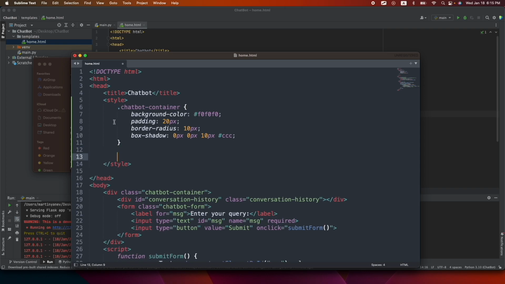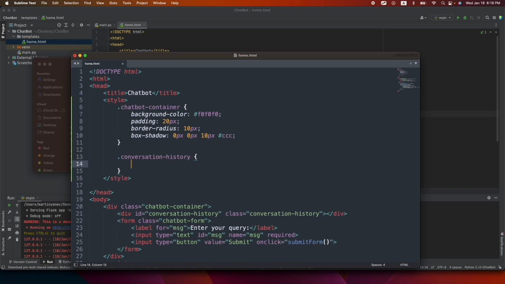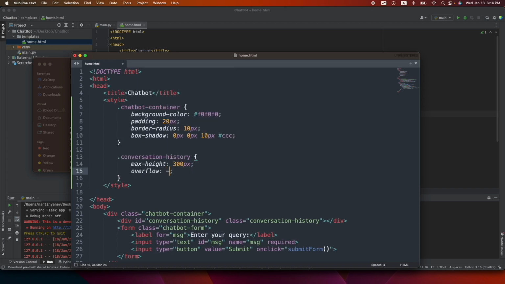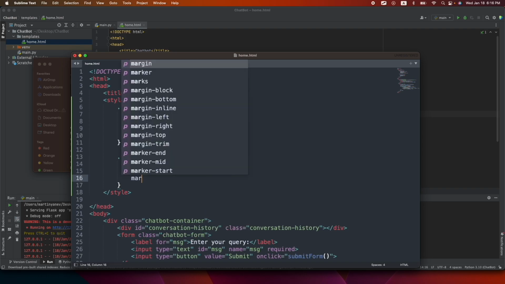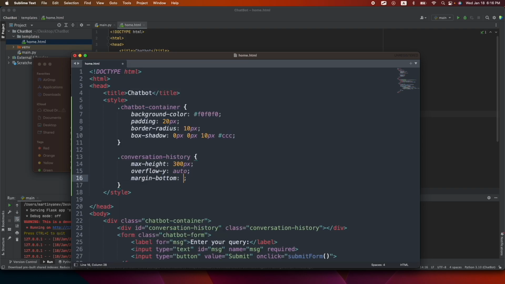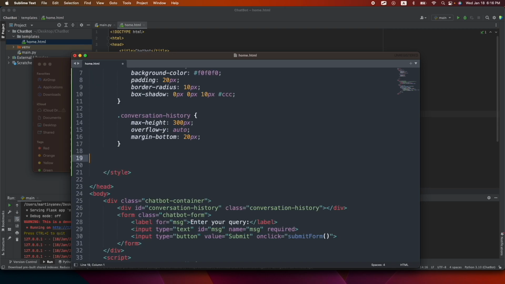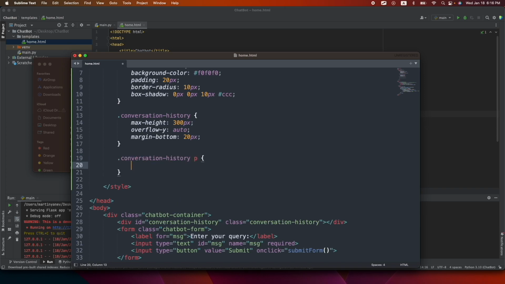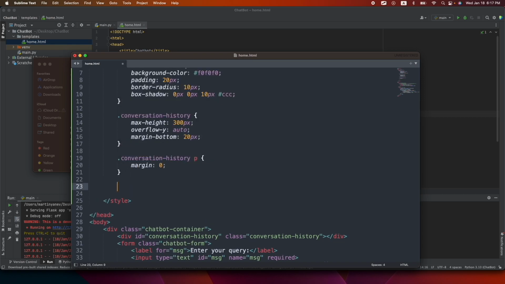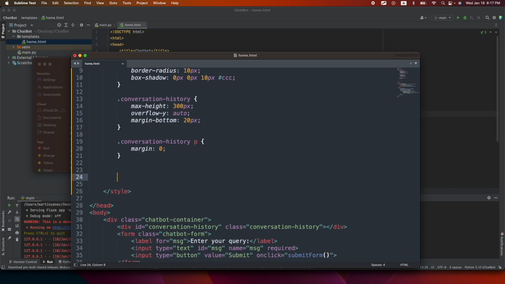So let's do the style for the conversation history. So I will do dot conversation history, and here I will do max height 300 pixels. Then let's do overflow dash y, okay, will be auto, and then margin dash bottom will be 20 pixels. Then let's change the style of the paragraph in conversation history. So I will do dot conversation history p, and here I will add a margin of 0, so we ensure that it's always 0. Then let's do the styles for the form,